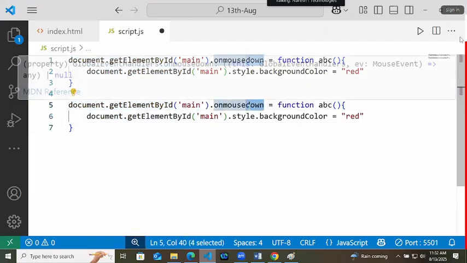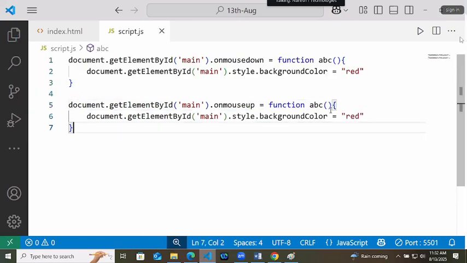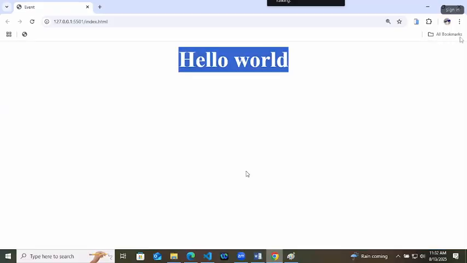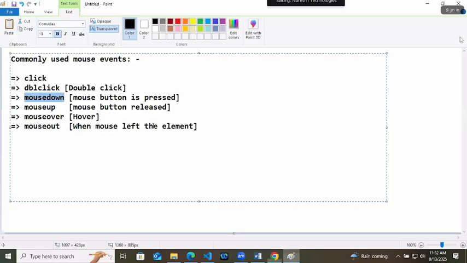Here on mouse up, what we will do, changing the color to white. So here when we are pressing the key, it's red, removing the key, it's white. Okay. So these are all the mouse events that you can attach to any element. Got it or not?